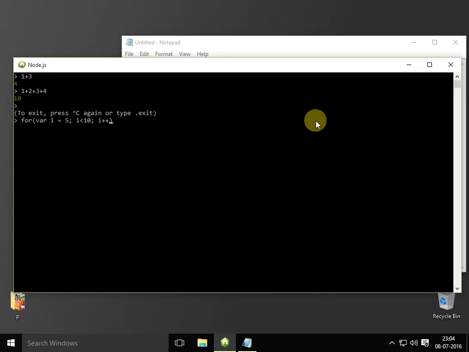So it started the reading of this and evaluations. Fine. So like console.log, and let's print the value of i here, and let's close this loop and hit enter.